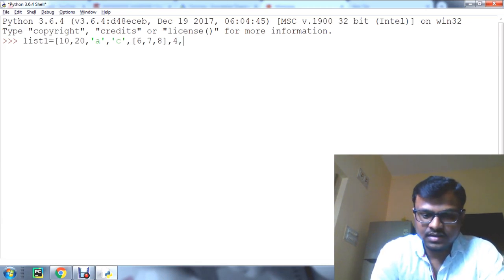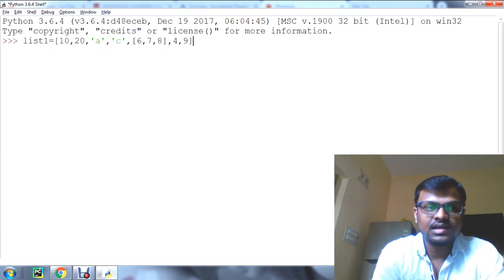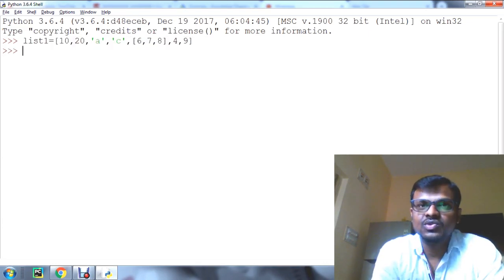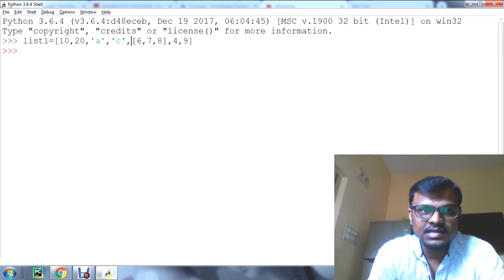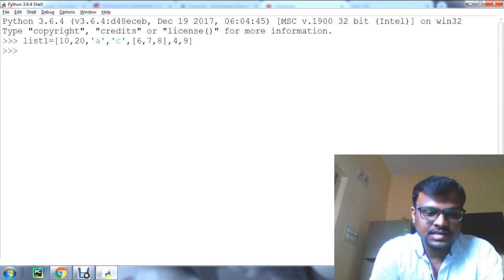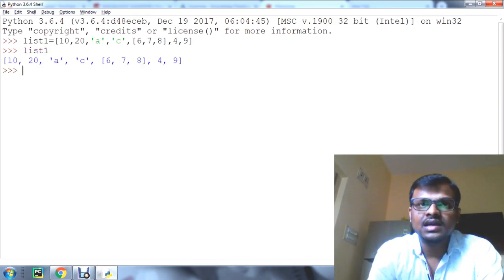And we can give some other values. Now list1 is created. Now the 5th element of the list is also a list. We can observe here the 5th element is also a list. Let's just print list1 now.